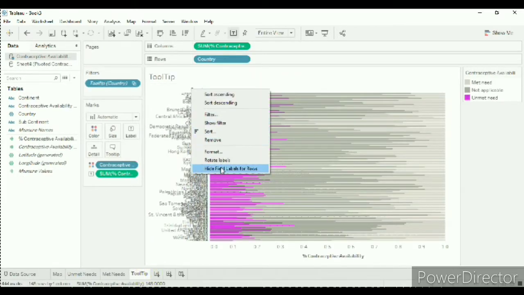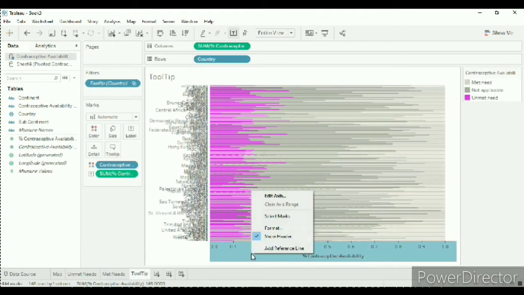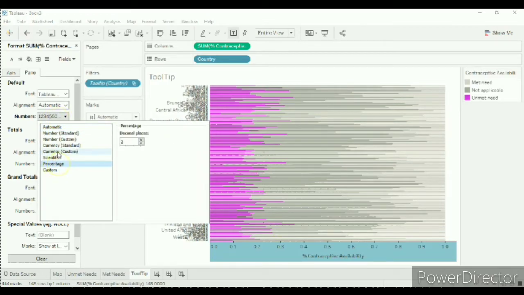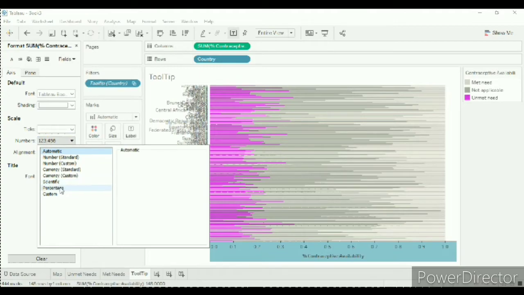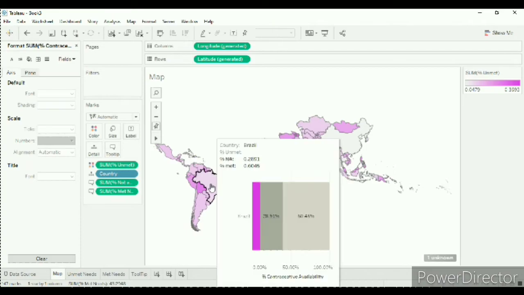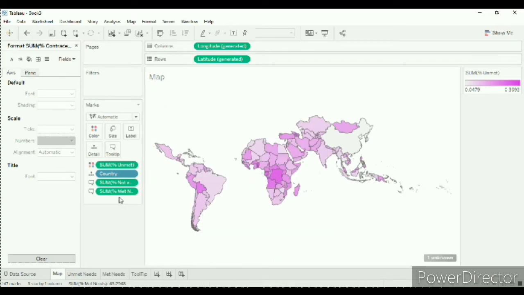Now we'll edit this chart. Just go to format, change the numbers to percentage in axis and pane both. Go to map, and here you can see viz in tooltip shows the data in percentages.